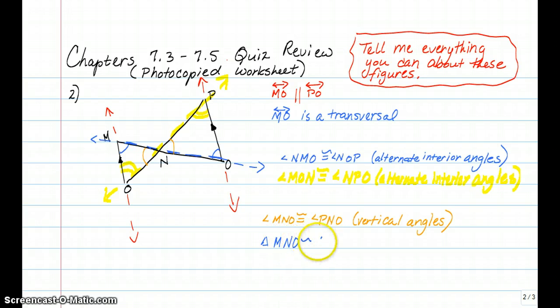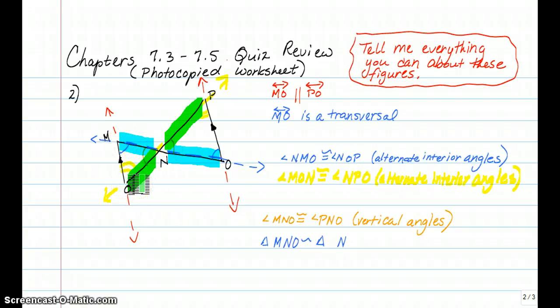is similar to triangle. Now we know that N is going to have to be in the middle, but this is where some students get a little messed up. What parts correspond? So let me go ahead and highlight. I've used the yellow highlighter, so let's go ahead and use the blue one. This part, let me use a bigger tip too. This corresponds to this. So MN corresponds to NO on the larger triangle. And let's do the green. This one on the larger triangle, NP, corresponds to ON on the smaller triangle,